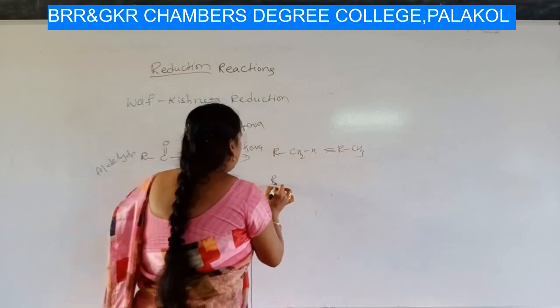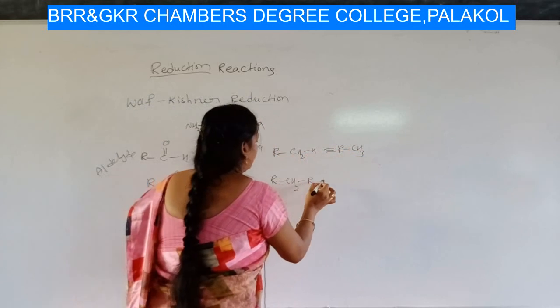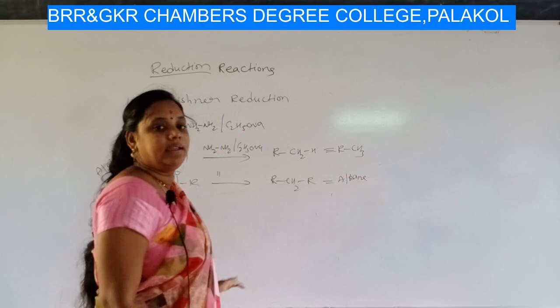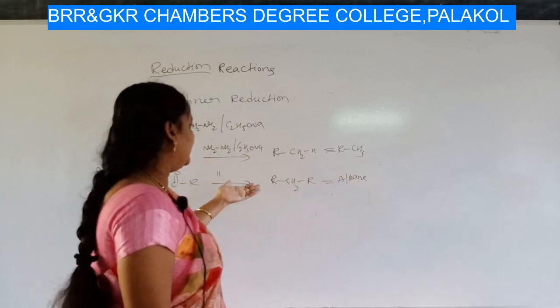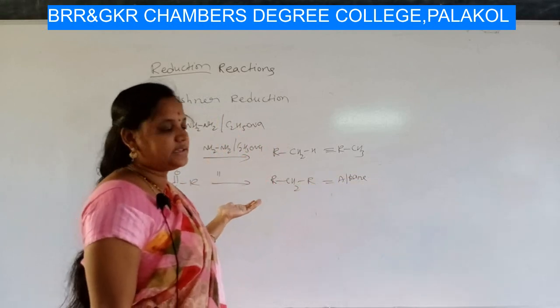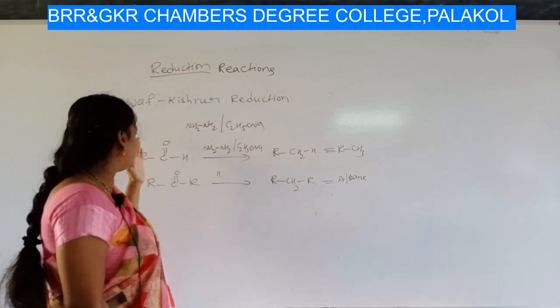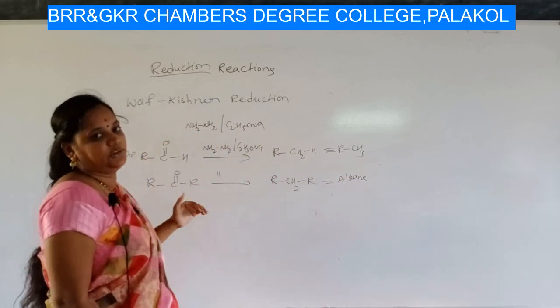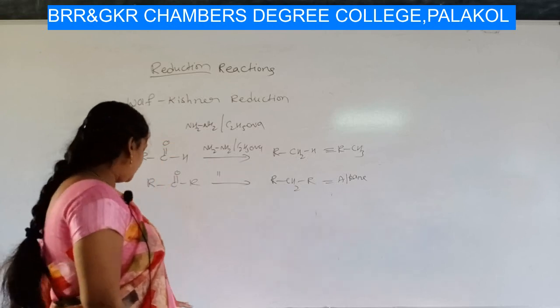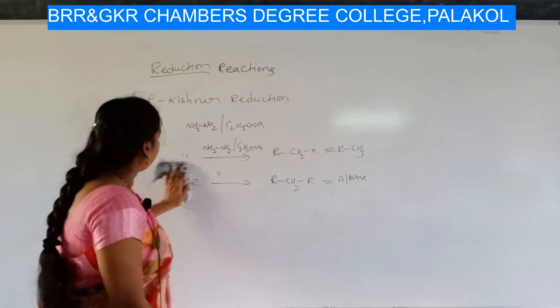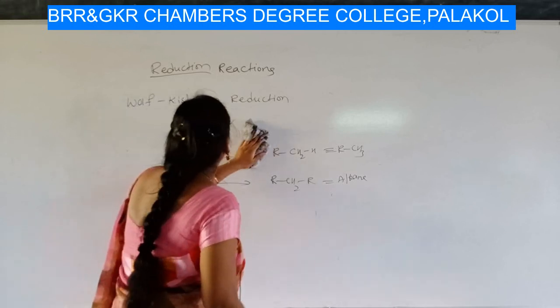Here also RCH2R, which is nothing but an alkane. Right? In this case also, you are getting alkanes, but the reagent changes. Right? We have written the general forms of aldehydes and ketones. Let us do an example, students. Wolff-Kishner reduction is also used to convert carbonyl compounds to alkanes.